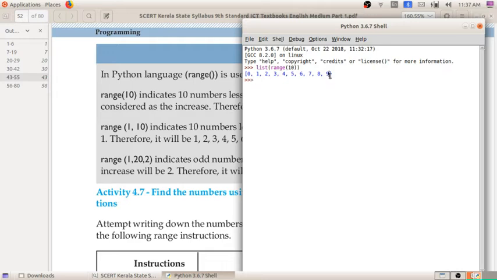So every time when we write a range, the end value, for example a range of 10, means 10 numbers must be there, but while printing it will print less than 10. That means the 9th digit only will be printed. For example, if you are